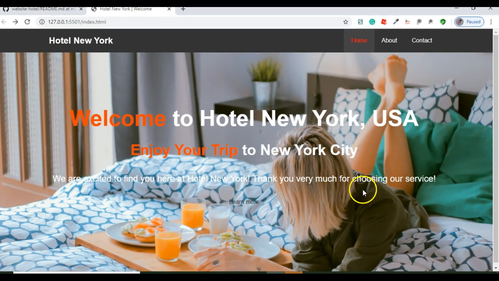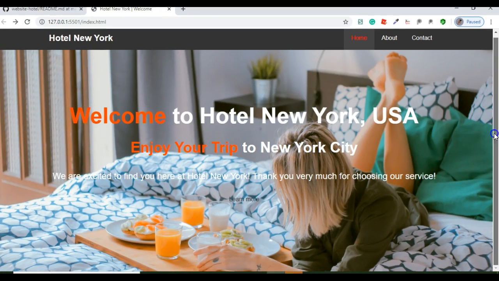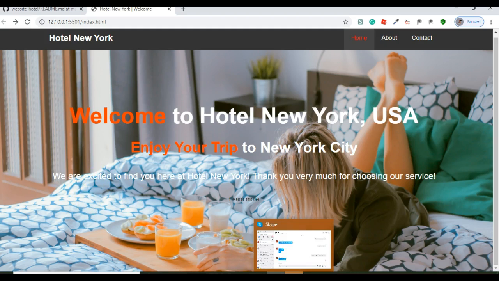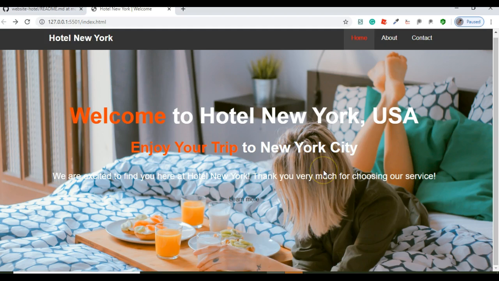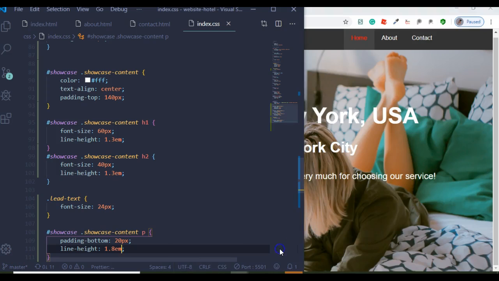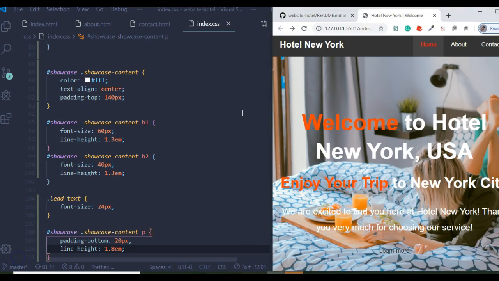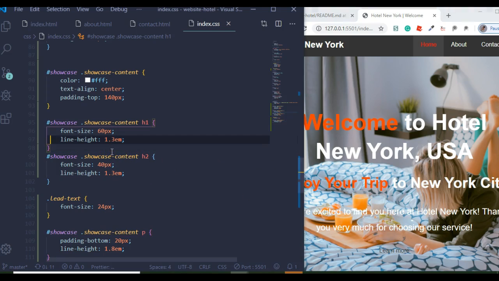Let's see now. All right. Actually, we can change the color because it is white. Maybe we can make it black, but it doesn't look bad either. Now we want to work on this button, so I will go to